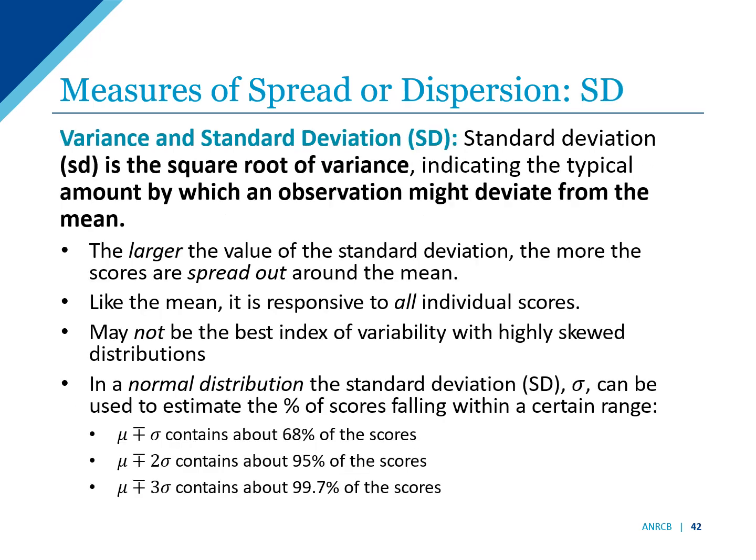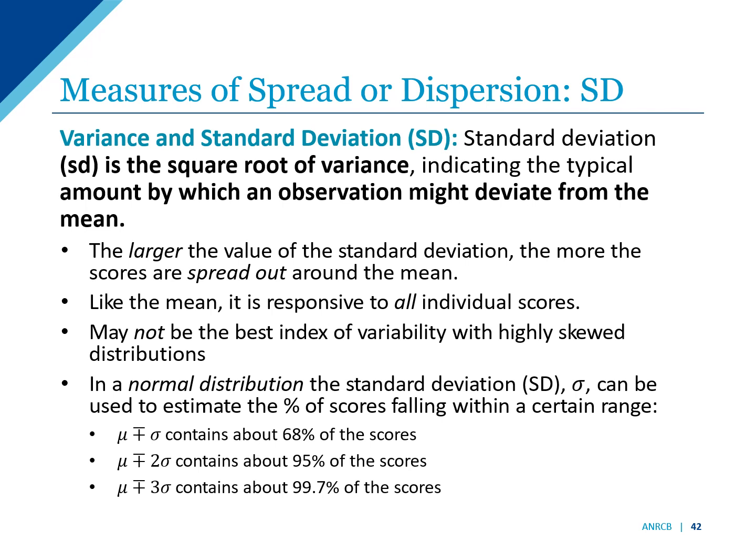The standard deviation tells us the typical amount by which an observation might deviate from the mean. It is the square root of the variance. The larger the value of the standard deviation, the more the scores are spread out around the mean. It is responsive to all individual scores, so it may not be the best index of variability when distributions are